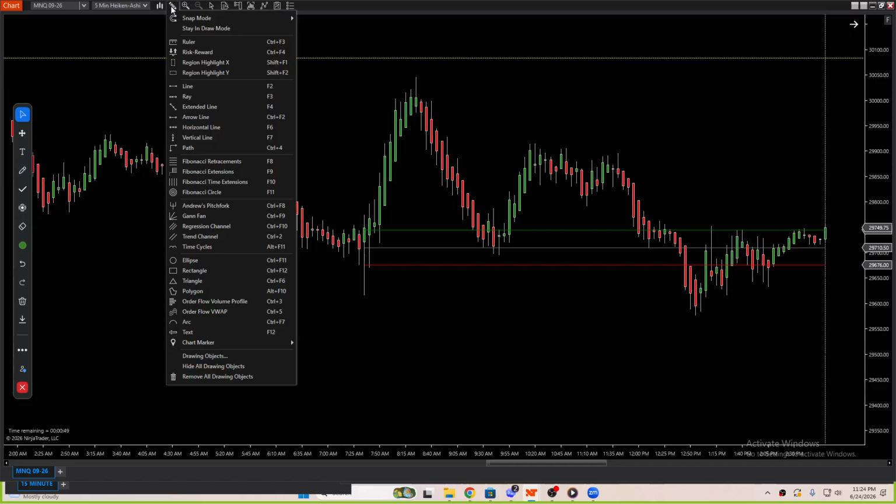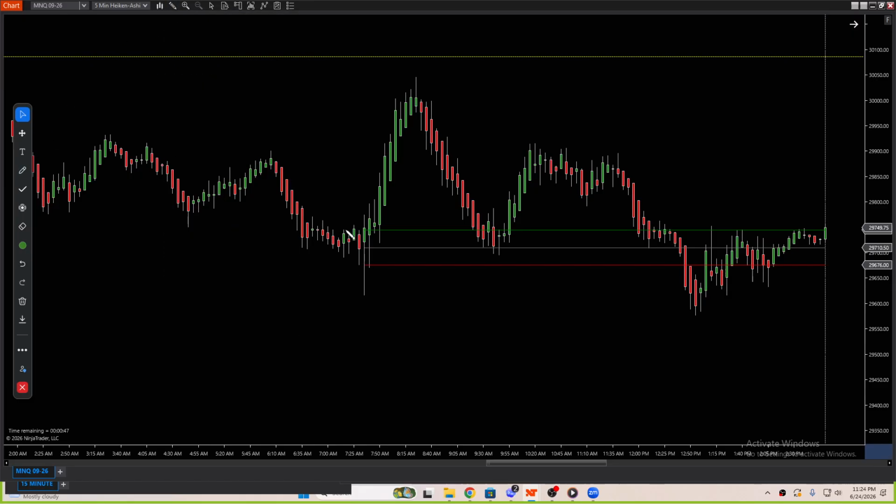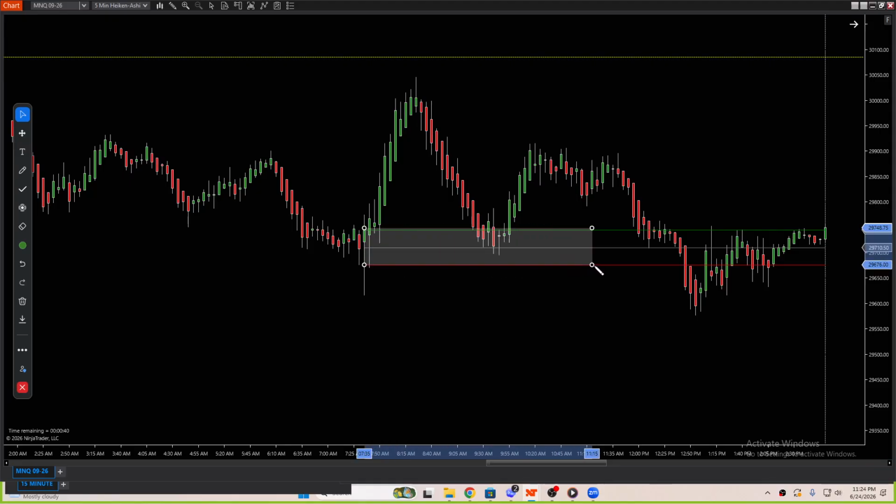Now, when you're going back and backtesting, you don't get the box. You get the line. So you get the high of the candle, the low of the candle, and 50% of the candle. So this is your ORB right here. Okay. Again,